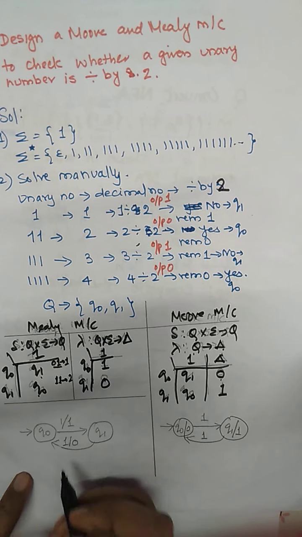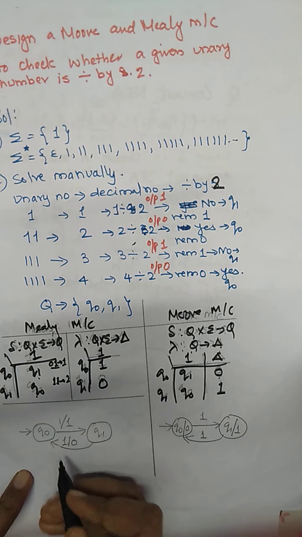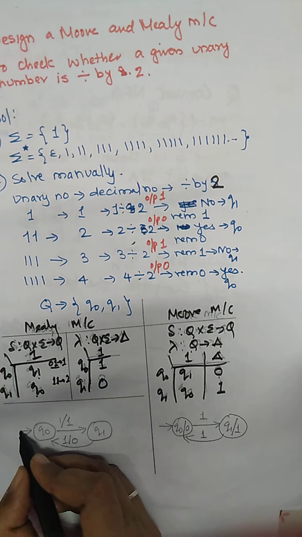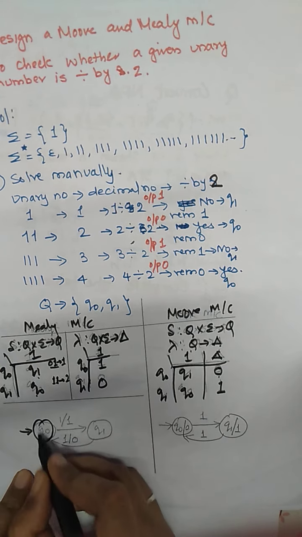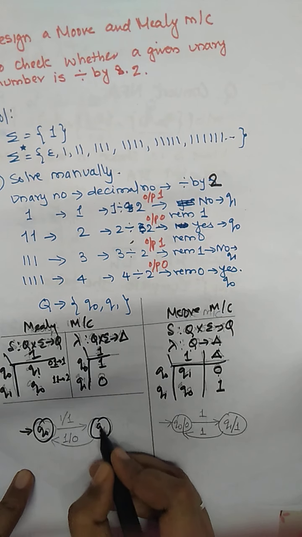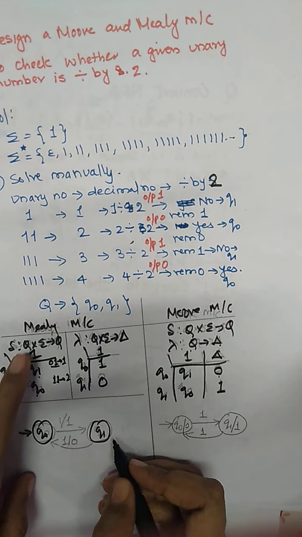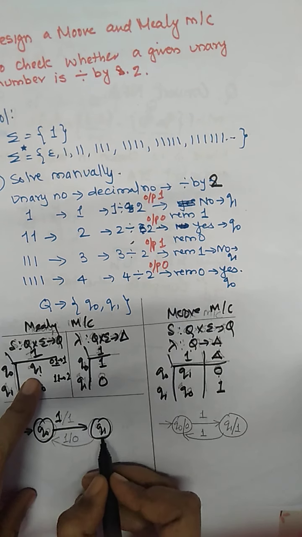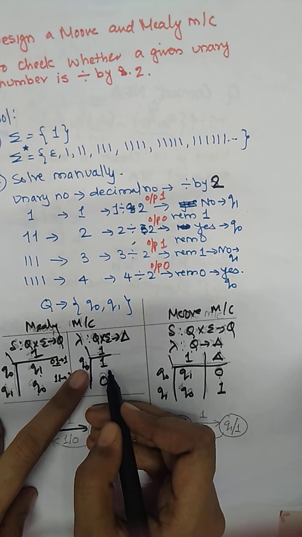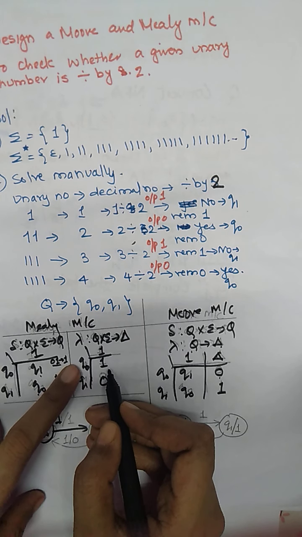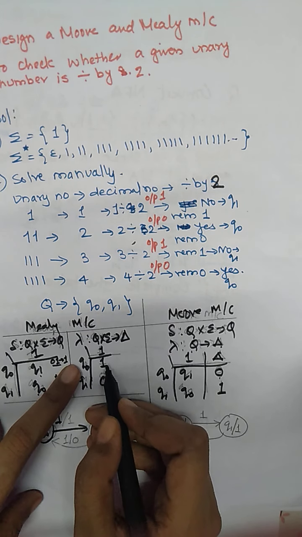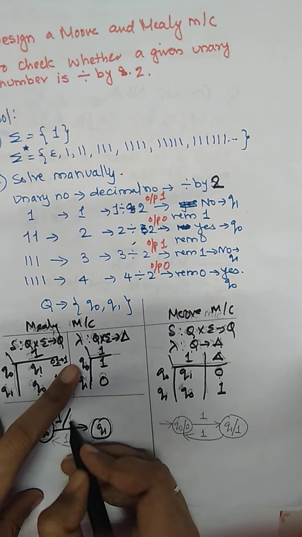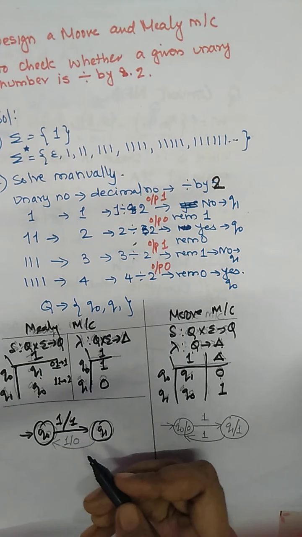The next step we have to draw the state diagram. So state diagram we know, which is similar to FSM with the initial state. Initial state is Q0 and the next state is Q1. Okay, so Q0 on 1 goes to Q1. From the machine table, what we have to find is the output. So Q0 on 1 is producing the output as 1.